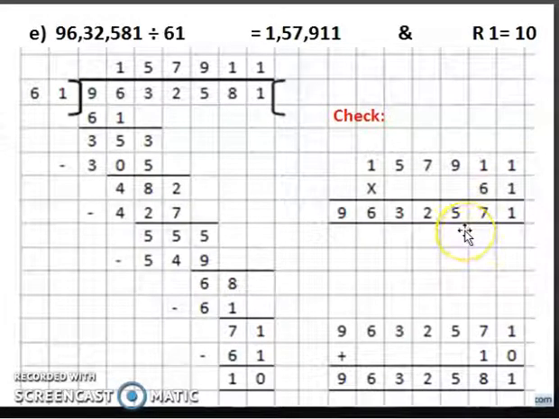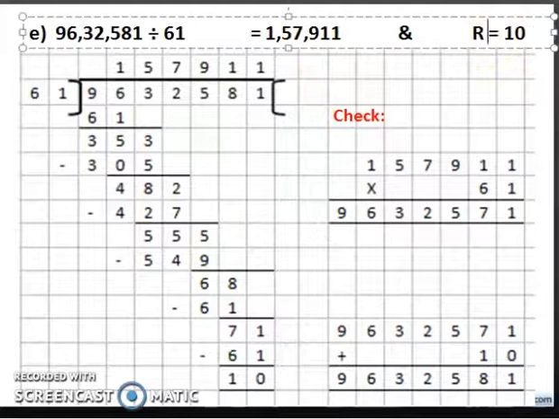Check whether you get this answer. Then add 10 to it. And you observe that your answer so received is equal to the dividend. Then in the end, do not forget to write the quotient and the remainder. Remainder is 10 here, right? And this is my quotient. So this writing part is very important. Half a mark here, and teachers cut the marks if you don't write this quotient and remainder here.